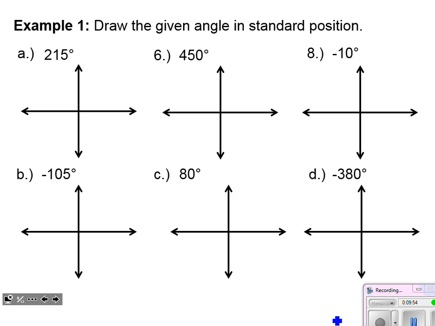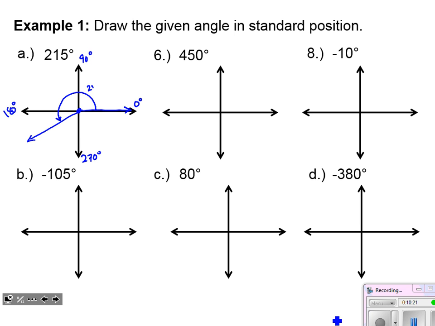So just in my mind, you don't have to label this every time, but here's 0 degrees, 90 degrees, 180 degrees, and then if I go another 90, I'd have 270 degrees down here. So those are good benchmarks to use, those axes. So my initial side is here. I'm rotating through 180 degrees, and then I go 35 degrees further. Should end up with a terminal side that looks like that.